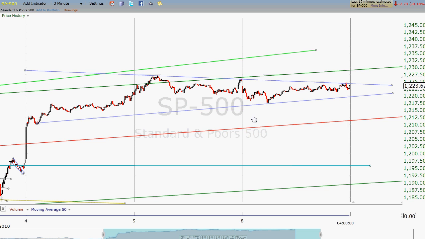Now, let's do this. Here's a test that I like to do sometimes to see, am I dealing with a triangle, or am I just drawing lines on a random walk here? So let's do this. It looks like I've got some support right here around a little over 1220. So let me draw a horizontal line there. Now, what I think you'll see,